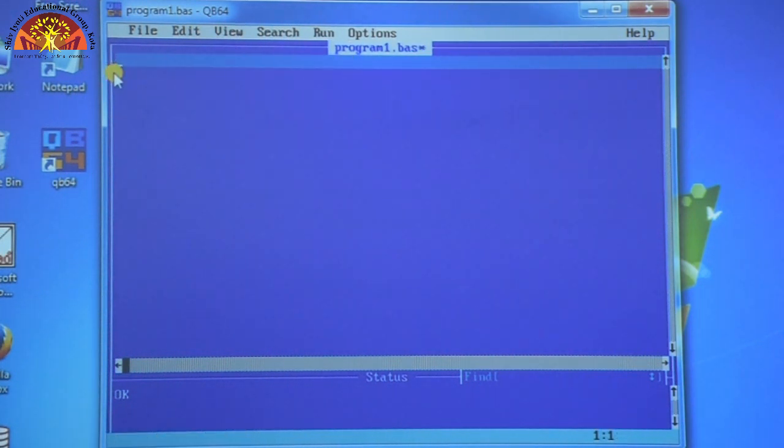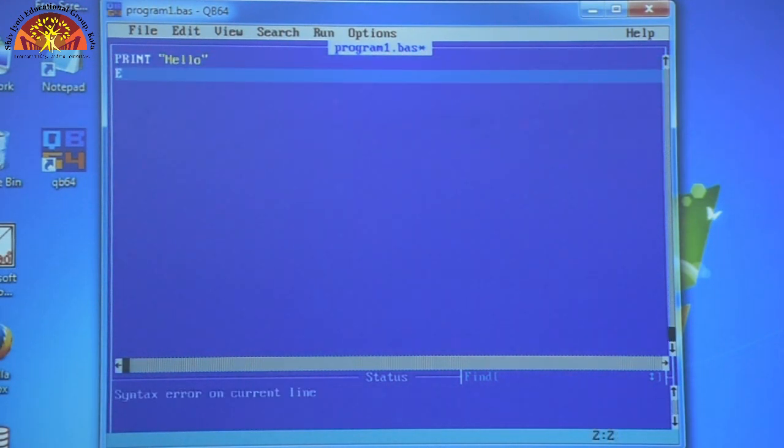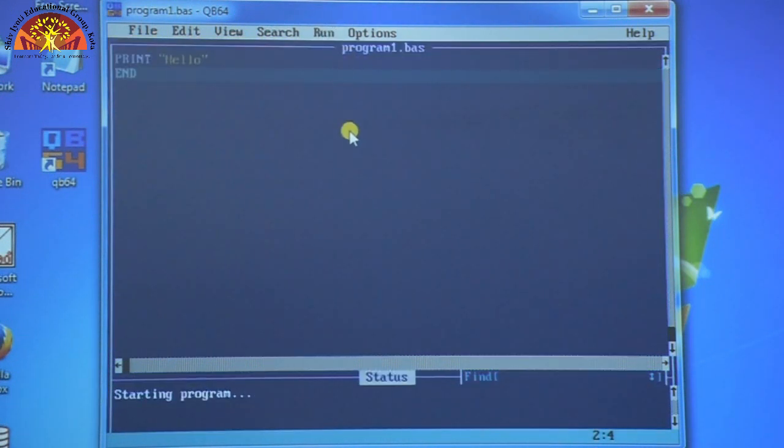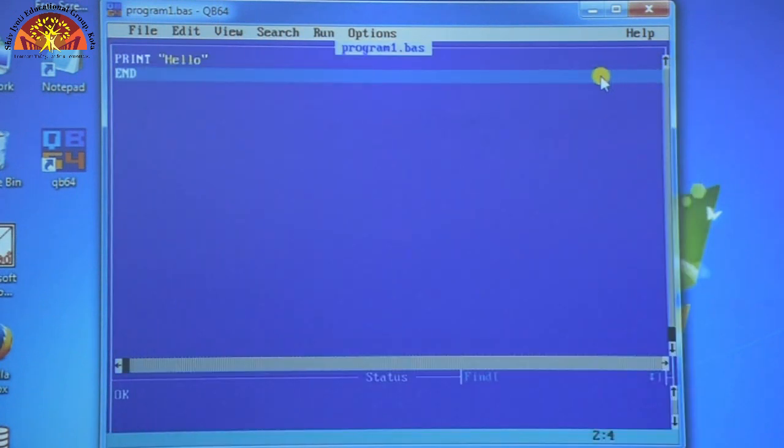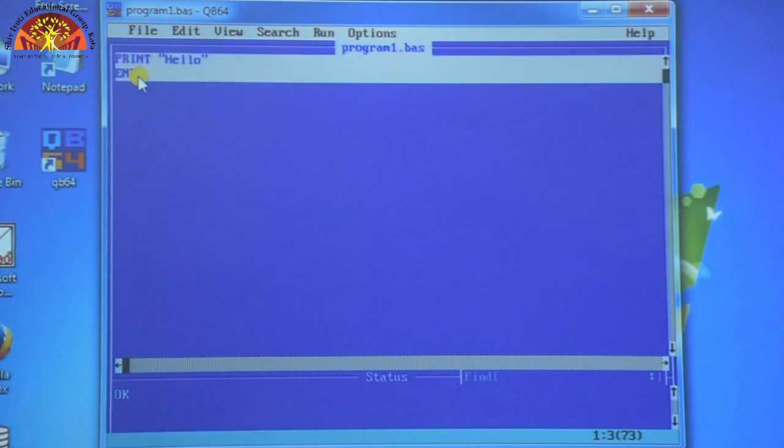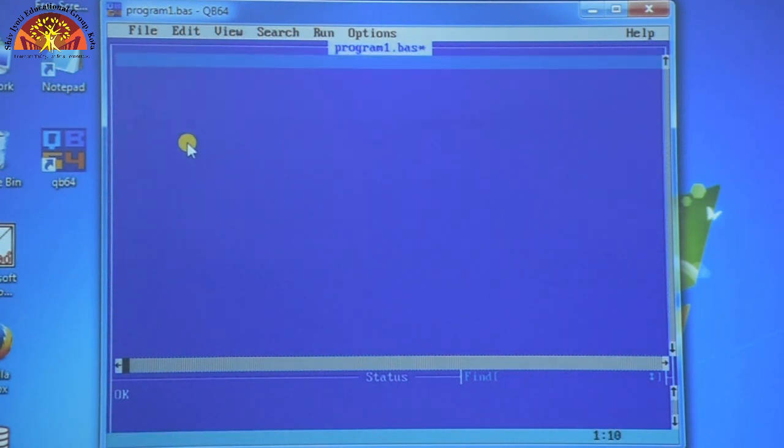Okay. Now we will see another statement, which is the END statement. For this we have to write print, double quotation, and inside the double quotation we have to write hello, enter, and now we have to write END. Now to execute this, run. Now we will see the output of this program. Here you can see, students, hello, which is the output of the print statement. Close it. Now using the mouse or the keyboard, select these statements and press the delete key.